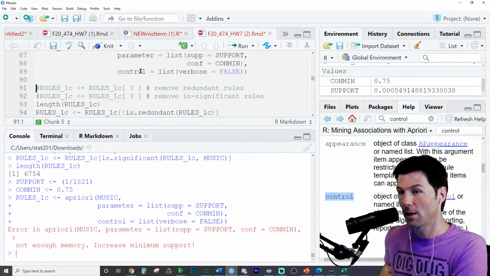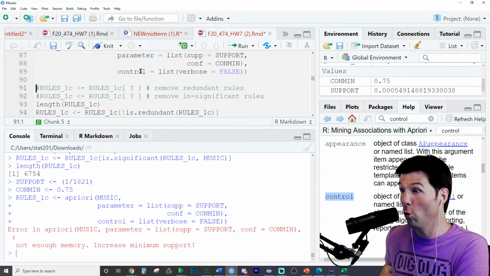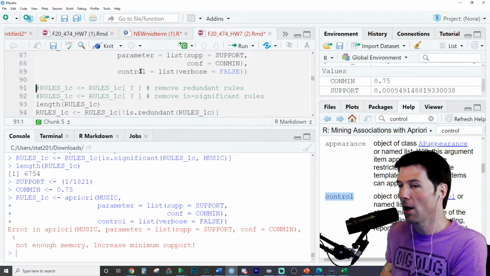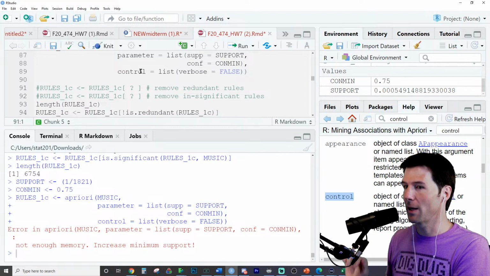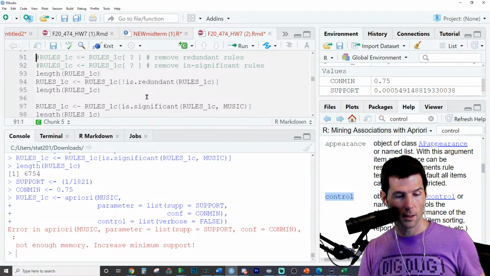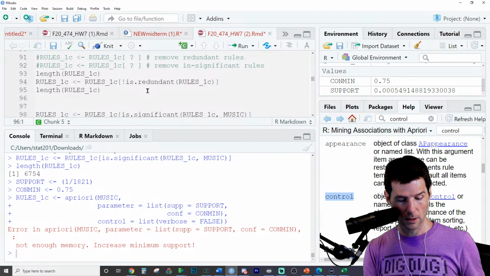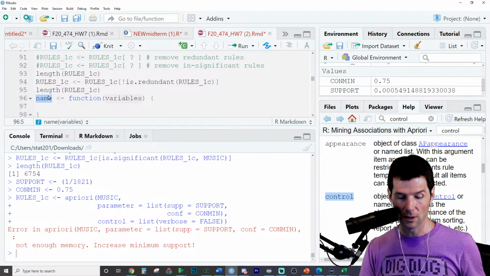Oh, not enough memory. Oh, look at it. It's telling me what the heck. Good stop messages. We know someone who wrote this wrote a stop message in there.